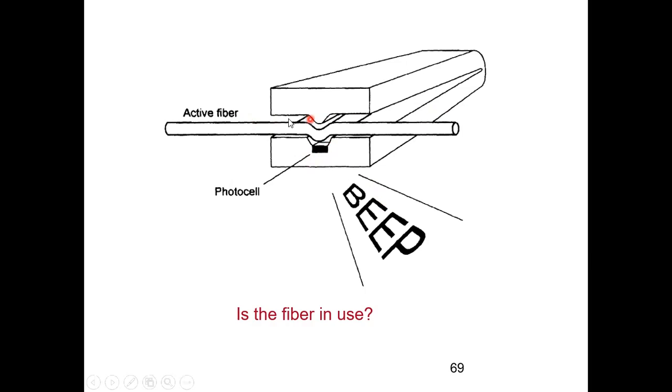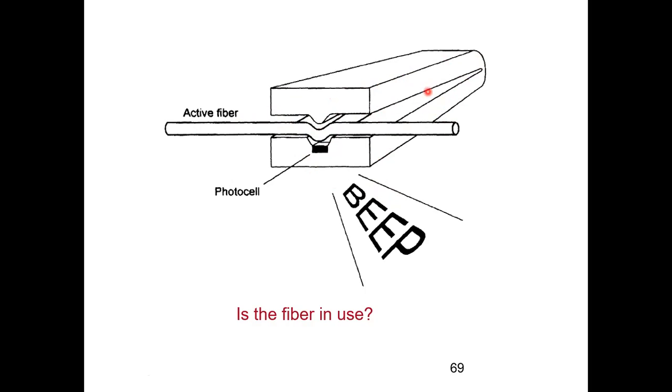So then I come to know that this fiber is active because light is escaping from it. So temporarily I can do this to check an active fiber. Suppose some fiber is not active, even if I put this kind of mechanism, no light will escape because there is no light in that fiber. So I will not get a beep. Okay, so I will come to know that that fiber is not working properly.